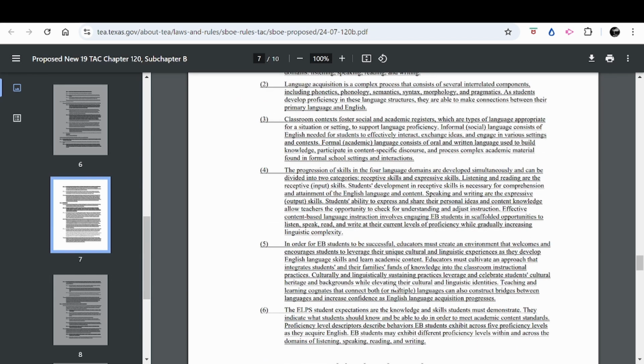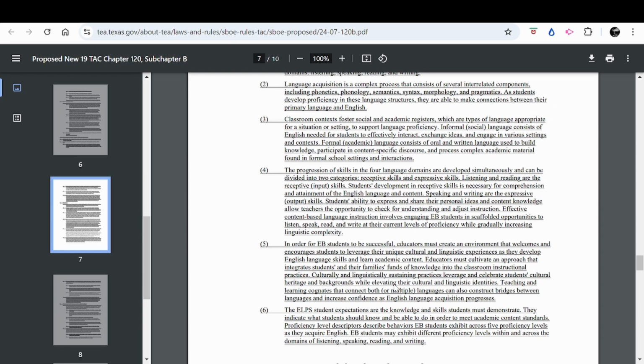3. Classroom contexts foster social and academic registers, which are types of language appropriate for a situation or setting to support language proficiency.